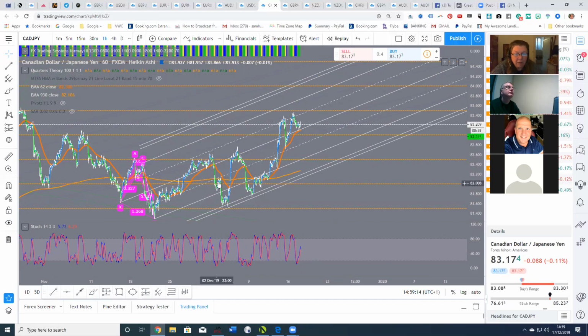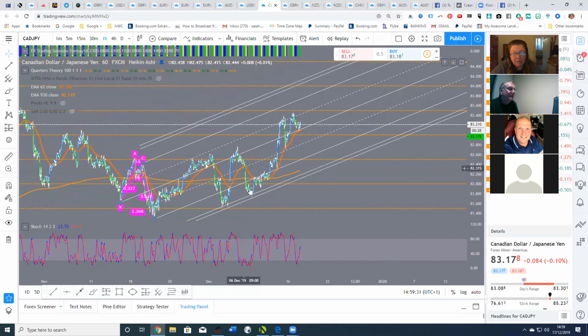There's quarter theory there, up to the pitchfork, down to quarter theory, rejected off the extension, bang up through, which must be news, so about 75 pips to the pitchfork,